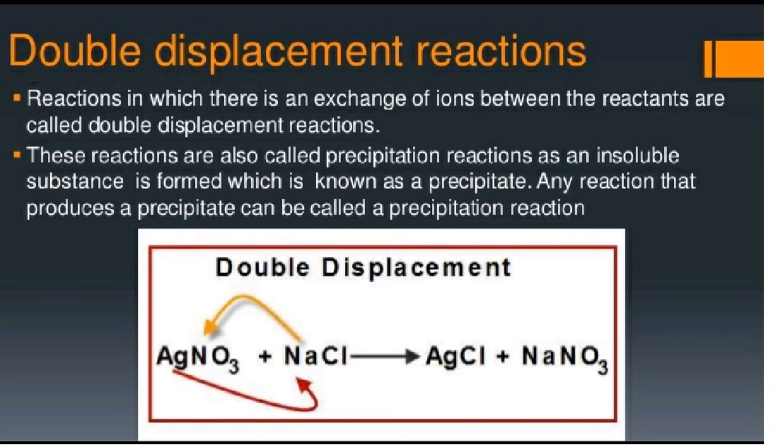Here we have an example of double displacement reaction. If we take two solutions, that is silver nitrate and sodium chloride, after chemical combination they result in the formation of two different compounds, that is AgCl, silver chloride, and NaNO3, that is sodium nitrate. This is an example of double displacement reaction. If you want to write a simpler example, you can write the reaction between sodium hydroxide and hydrochloric acid that results in the formation of sodium chloride and water.